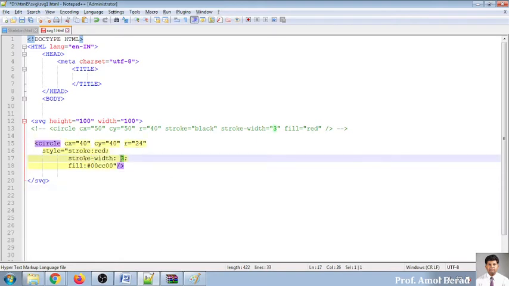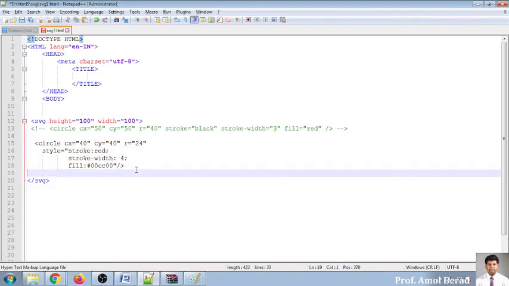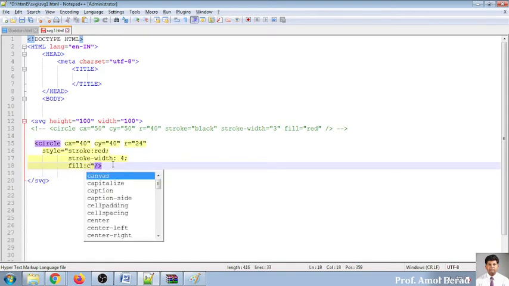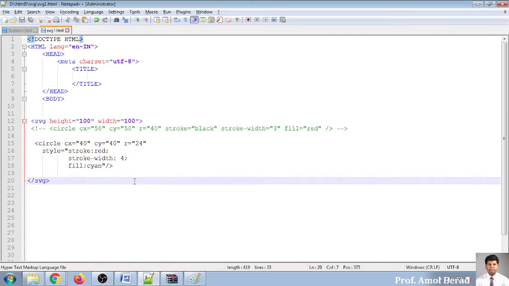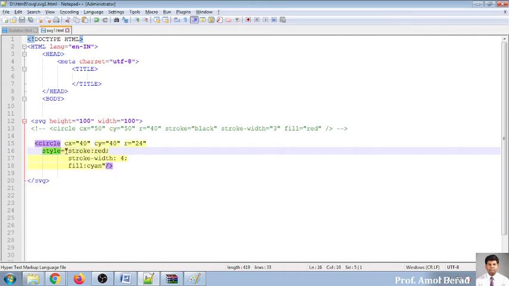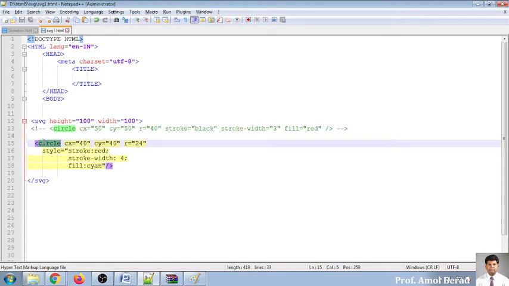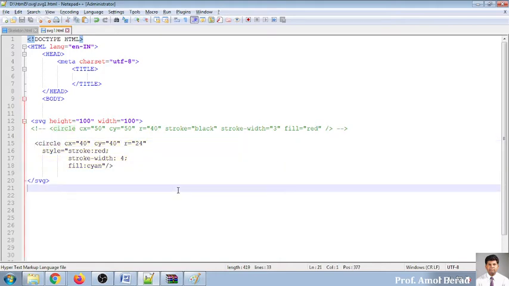मुझे उसकी साइज विड्थ होनी चाहिए, मुझे 4 चाहिए, 4 I am putting over here, उसकी बॉर्डर की साइज 4 होनी चाहिए, और मुझे अंदर में कलर देना है सायन कलर. Okay. So you can put this into a style sheet into double quotes and see this. The circle is a single ended tag, यानी आपने उसको चालू कर दिया, आपको बंद करने के लिए उसको फॉरवर्ड स्लैश देके उसको बंद करना है.